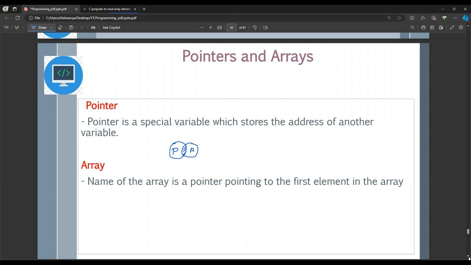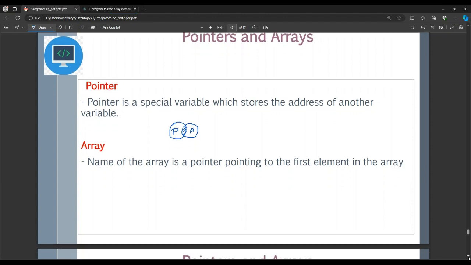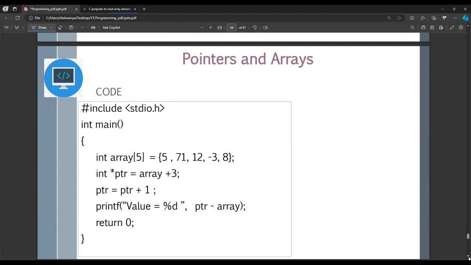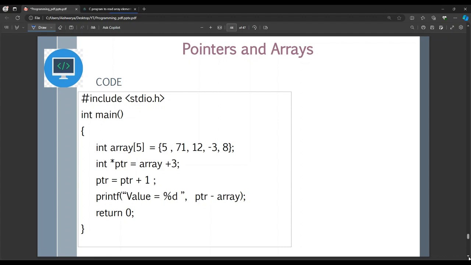So we will deal with the concept of pointers and arrays, and understand them using a small question in C. The answer would be the same if you convert this code into C++ as well. The answer is not given. We have to analyze what would be the output of this program when we run it on some compiler.